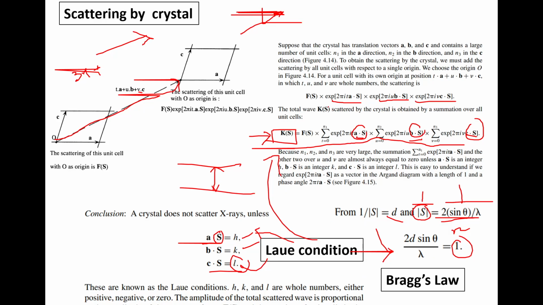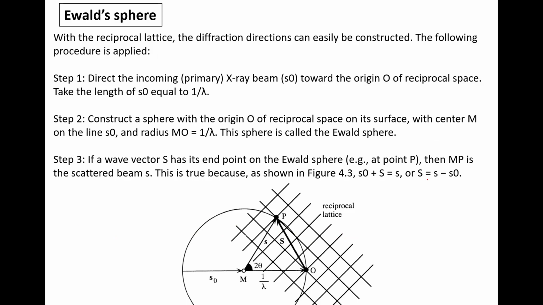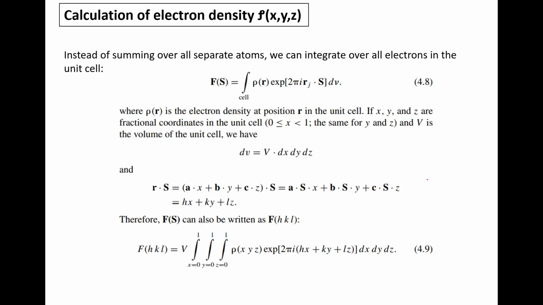Okay, so this part we have actually talked about. Now we will have to go to the concept of reciprocal lattice, that is actually made up by these HKL values. Since it is already 8:06, we are not going to that reciprocal lattice and everything. One thing I wanted to show you is that since we have talked about the structure factor,